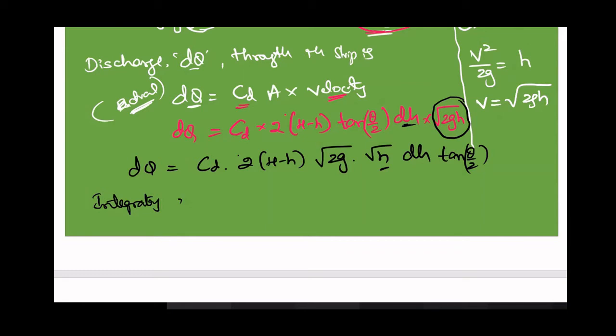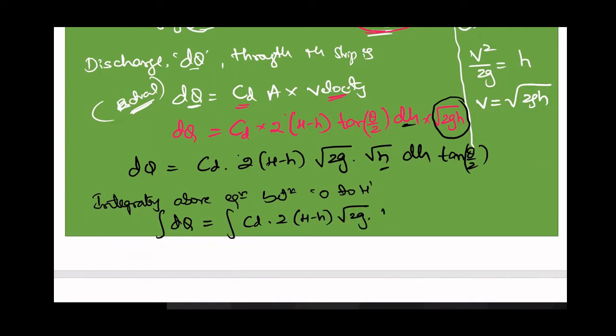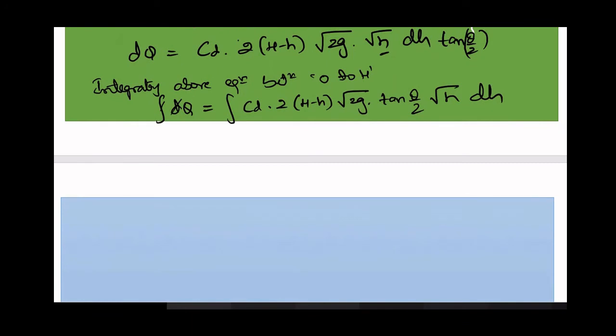Integrating the above equation between the limits 0 to h. Don't call it O now, it is 0 to h. So now integration on both sides: Cd (2H minus h) square root of 2g tan theta by 2 square root of h into dh. Now the differentiation and integration get cancelled on both sides. So what will be the expression? Left only Q. Q is equal to